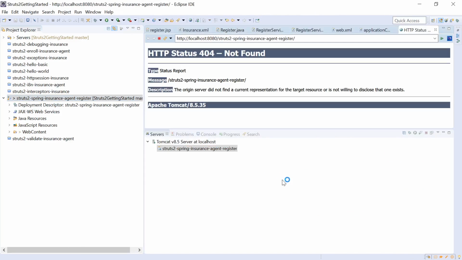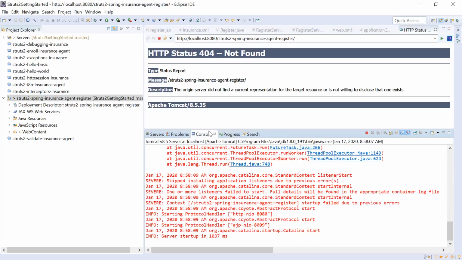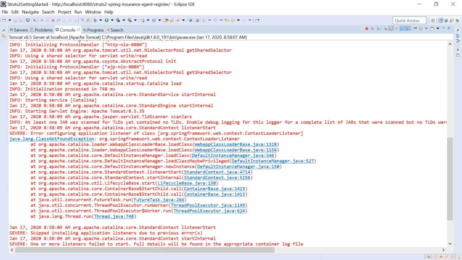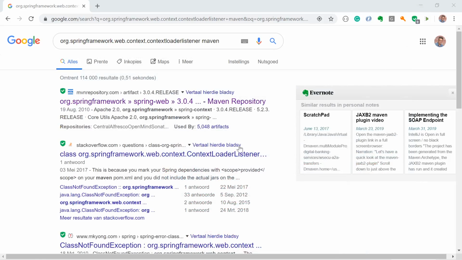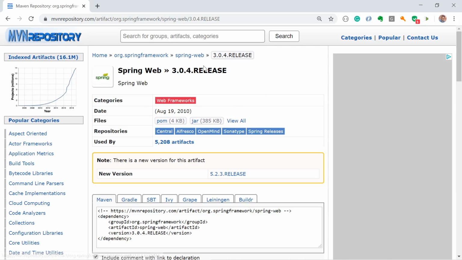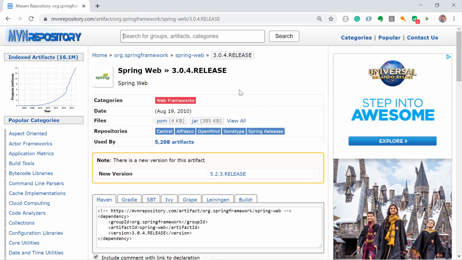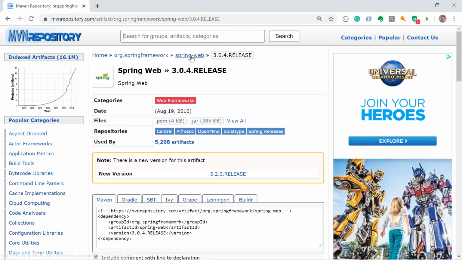We get a 404 not found, and if we go to the console output, we see that we get a class not found exception on this class, which means we need to add all the Spring jars. So when we do a Google search for Maven on this class, this is what we found. So we'll go to the Maven repository, and it tells us that the class that it's looking for is in